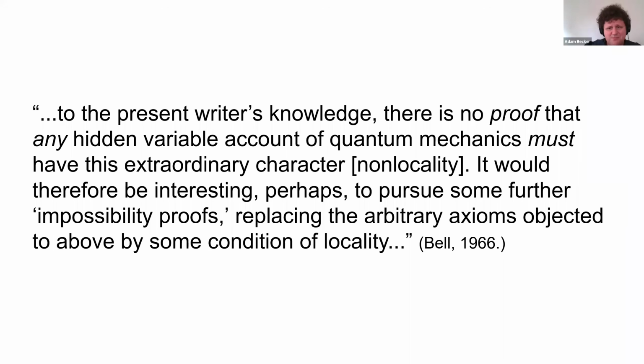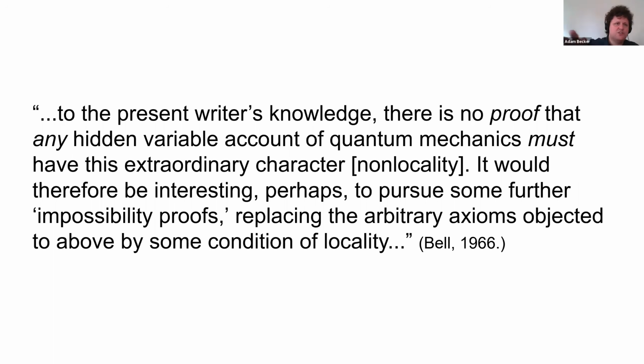And the place where that becomes especially clear is at the end of the paper, after he's gone through and talked about what came to be known as contextuality and the Bell-KS theorem. Bell says, there's no proof that I'm aware of that says that hidden variable theories must be non-local. It would be interesting to look into that. But of course, by the time this paper was published, Bell had already published Bell's theorem, where he himself looked into that. So this question that he left open at the end of his first paper was what he decided to play around with for his next paper.